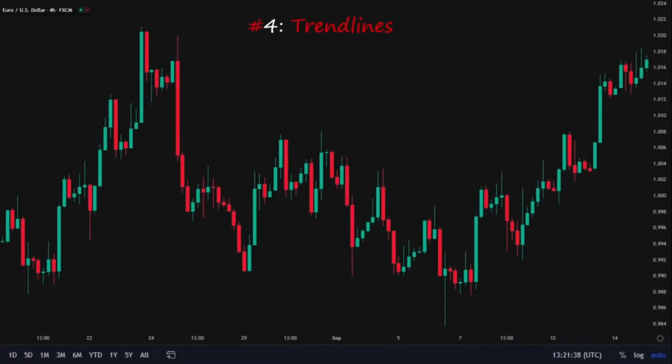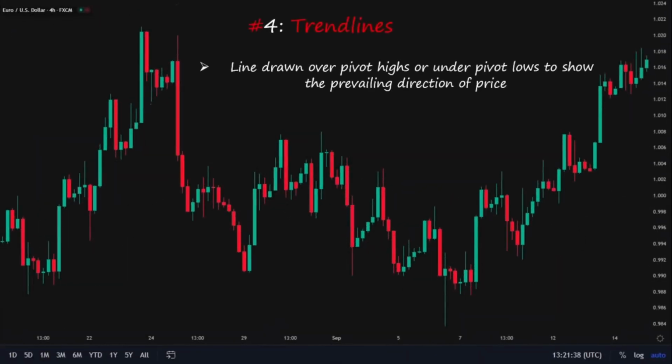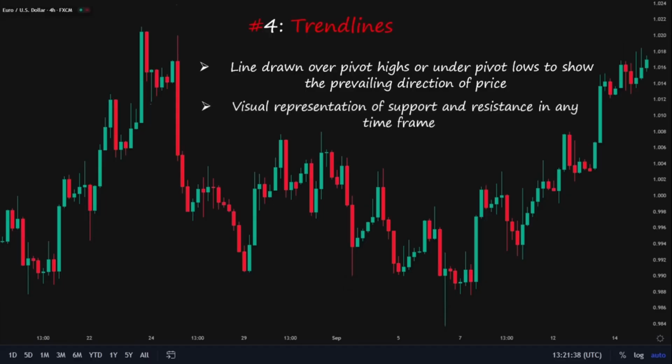Trendline is the fourth item that frequently acts as an inducement. The trendline is a line drawn over pivot highs or under pivot lows to show the prevailing direction of price. Trendlines are a visual representation of support and resistance in any time frame. Most retail traders consider trendlines as their possible entry points and get induced into the market when price